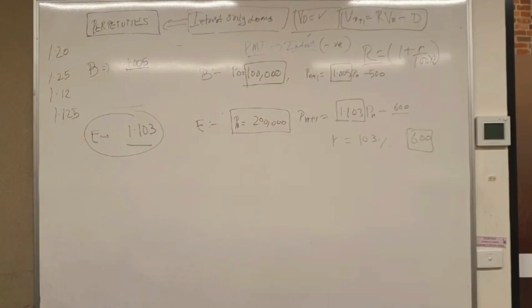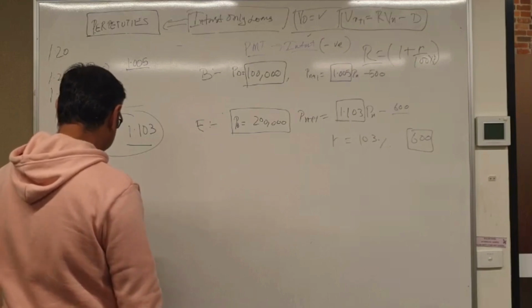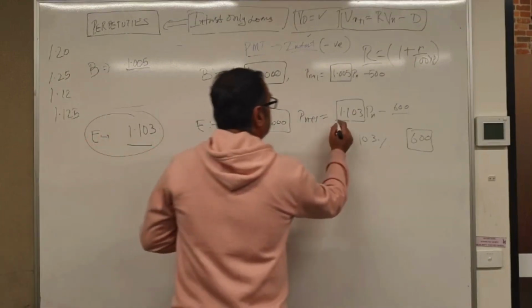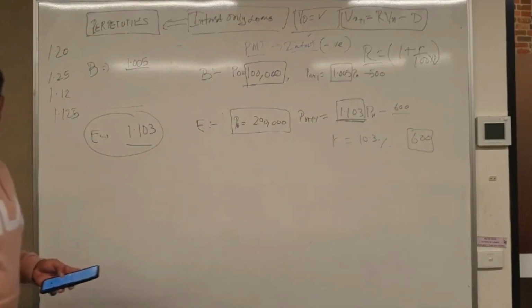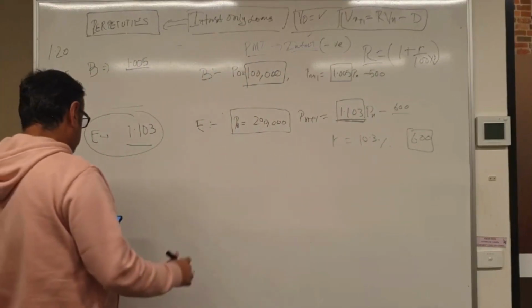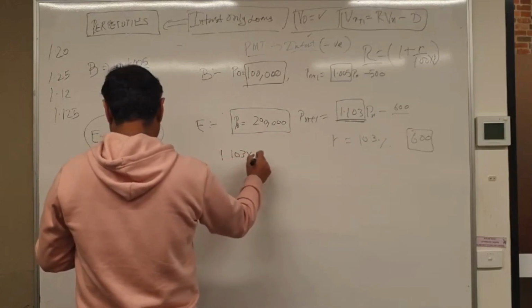Did you get how I'm connecting the dots now? So let's try to find the 10.3% of this value. If you find 1.103 times 200,000,